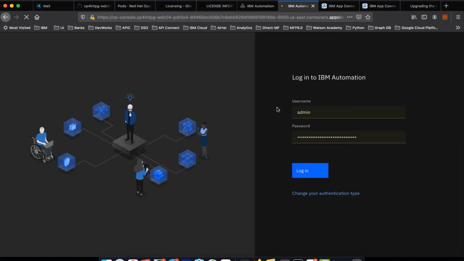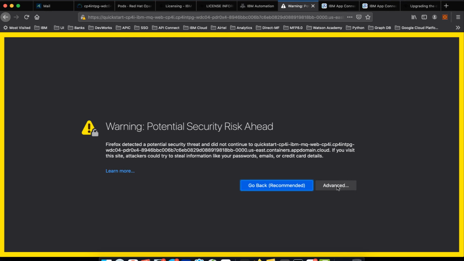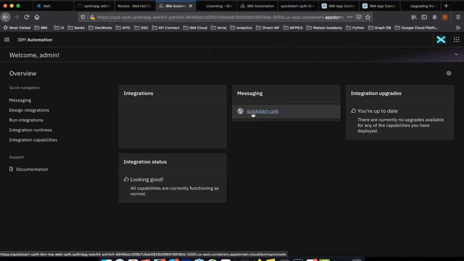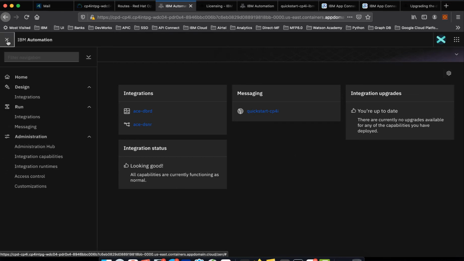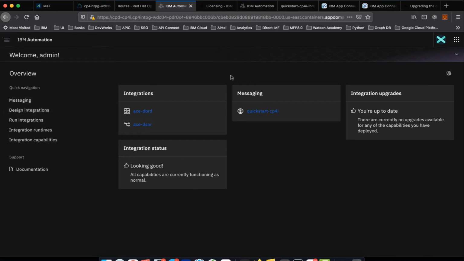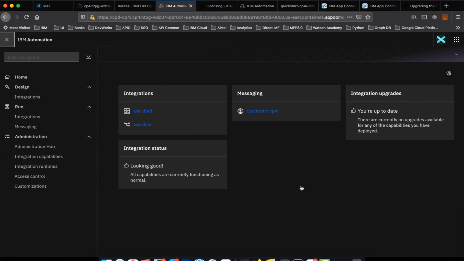So I'm going to log into the platform navigator. So what you're seeing is the new version of platform navigator. They have introduced a lot of changes, but if you look at it, you may not see much changes from the UI perspective.